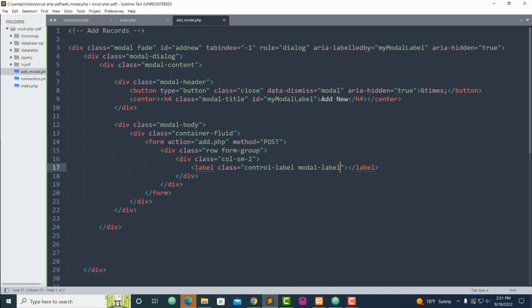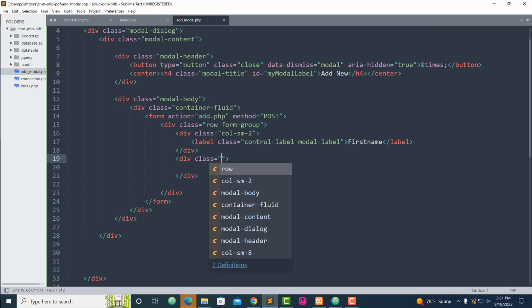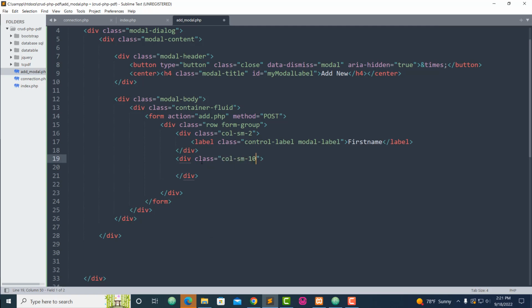That's one for the first name, okay. This one is for the first name, right here, first name. And next, after this block of code, I go to the next line, and while I do next, I create another div. Follow me. I create another div, and the class called col, that's 10, okay,